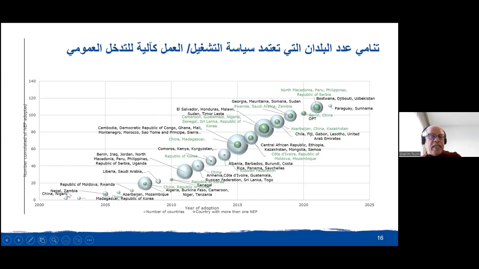Consequently, we have here in this graph the progress of some countries that are adopting employment policies. I'll give you an example here. In 2000, we had very few countries having job policies. Afterwards, in 2010, for example, we had more than 20 countries that have followed this specific method in order to prepare labor and employment policies. And afterwards, in 2020 and after, we have had 120 countries that have their own studies.